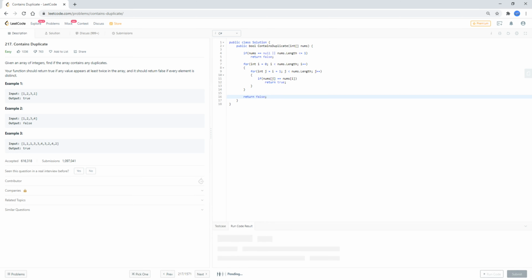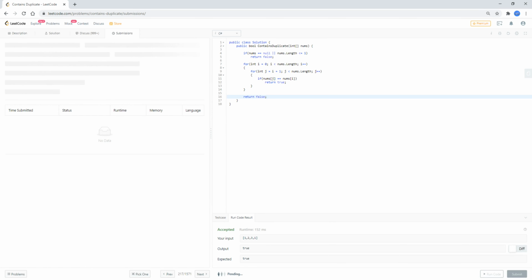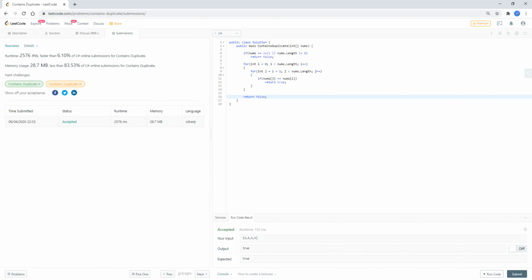Okay. So, as I said before, this is not an optimal solution. It has a time complexity of n squared. Let's see what the runtime and memory usage of this implementation are. So as you can see,